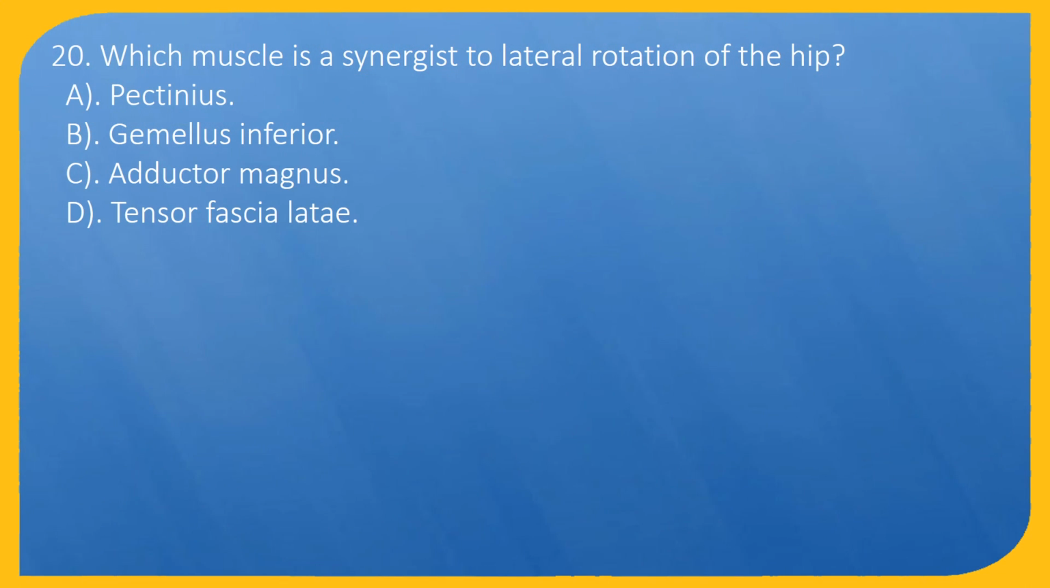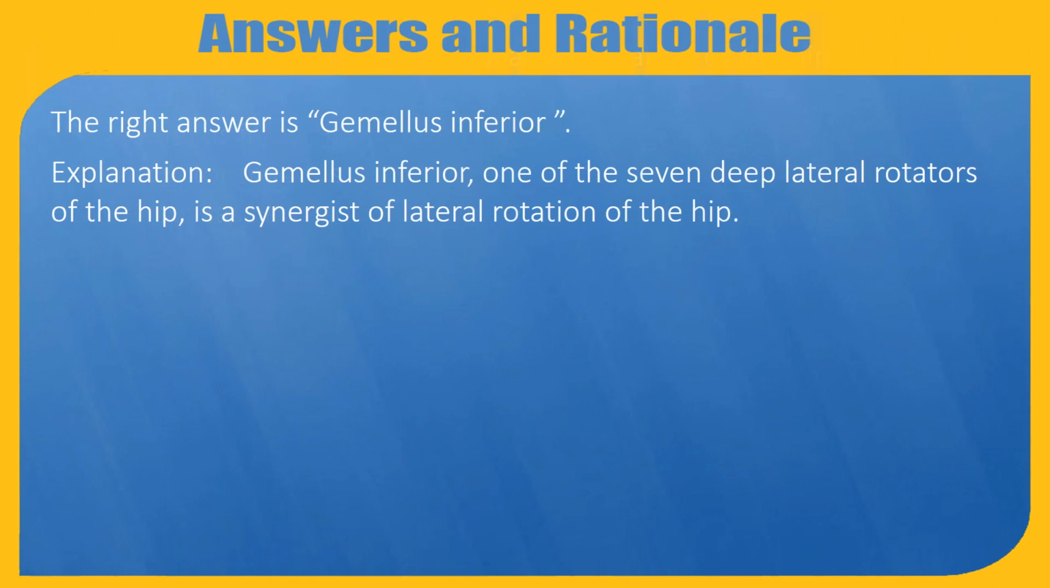Question 20. Which muscle is a synergist to lateral rotation of the hip? A. Pectineus. B. Gemellus inferior. C. Adductor magnus. D. Tensor fasciae latae. The right answer is gemellus inferior. Explanation: gemellus inferior, one of the 7 deep lateral rotators of the hip, is a synergist of lateral rotation of